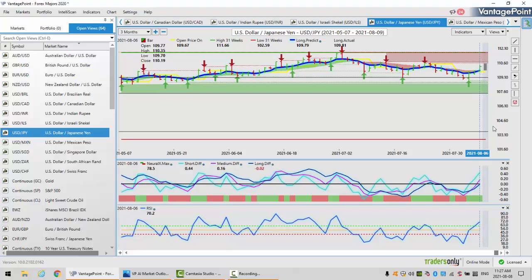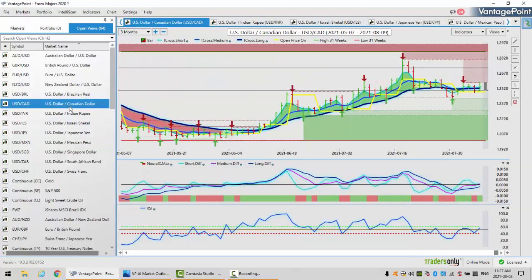So that's the level you're going to watch, and we need these indicators to remain positive. Now, with the US Canadian pair, our main equity and commodity currencies, the Aussie, the New Zealand, the CAD. Right now, the CAD report was not great on Friday. It was okay, but the market feels that the Bank of Canada is still ready to raise rates next July. I'm not sure about that. I'll remain neutral on that until I get more data.